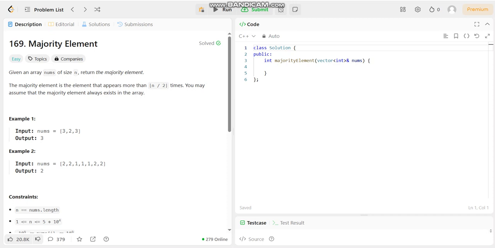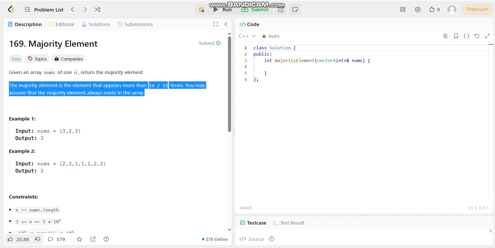Hi all, let's solve a new problem today. The problem is we are given an array nums of size n. We have to return the majority element. The majority element is the element that appears more than n by 2 times, and you may assume that the